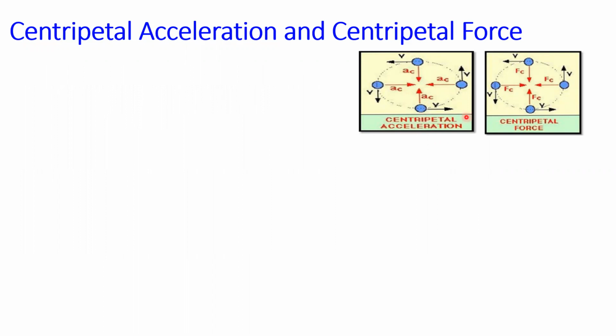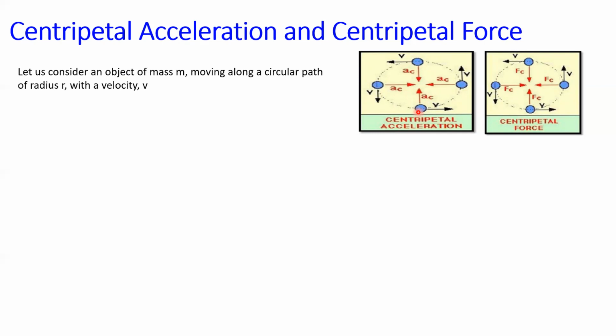As it moves along the particular circular path, the tangential velocity is acting. Tangent means just touching the circle at one point alone. As it moves, the body produces an acceleration which acts along the radius vector. This is called centripetal acceleration. The force acting along the string is called centripetal force. Both centripetal acceleration and centripetal force act towards the center. You can see in the diagram that AC as well as FC are acting towards the center.